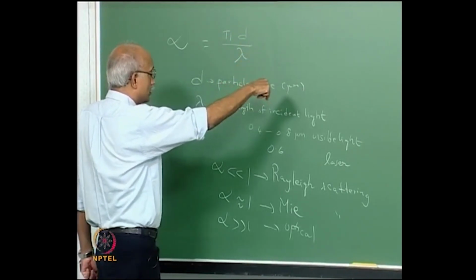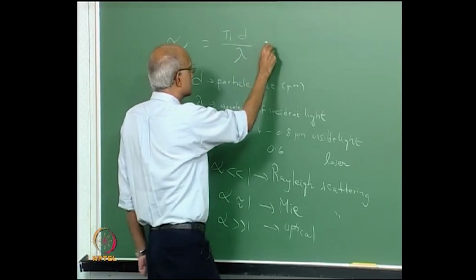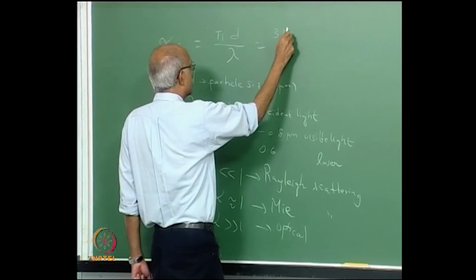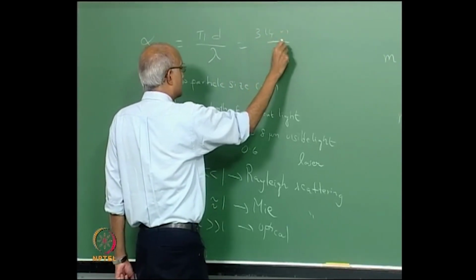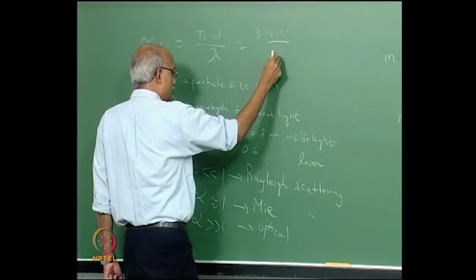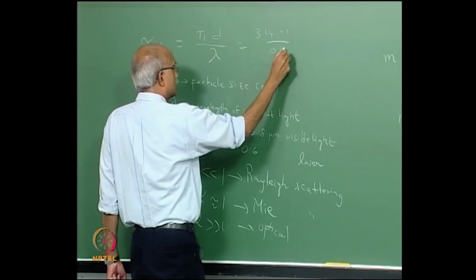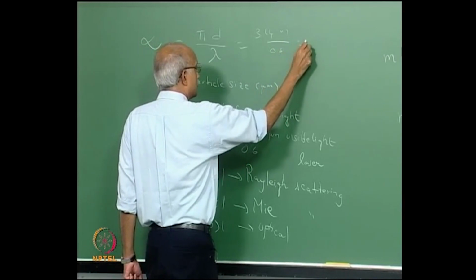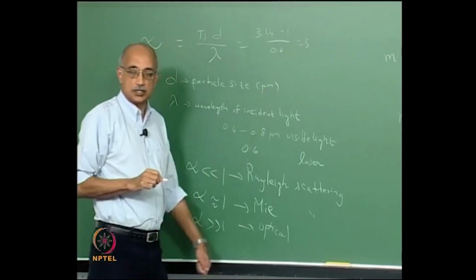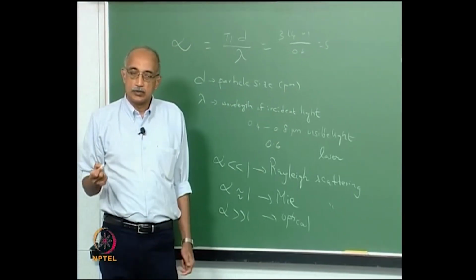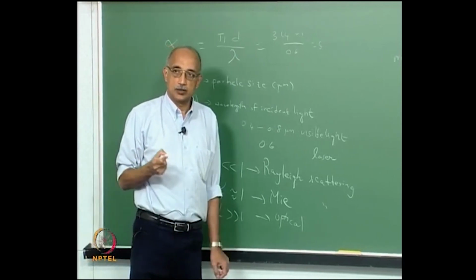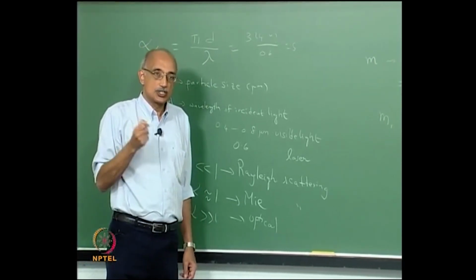So, this works out to about 3.14 times 1 divided by, let us say, 0.6, it works out to roughly 5, which is clearly not much less than 1. So, when we talk about alpha values being much smaller than 1, we are talking about submicron